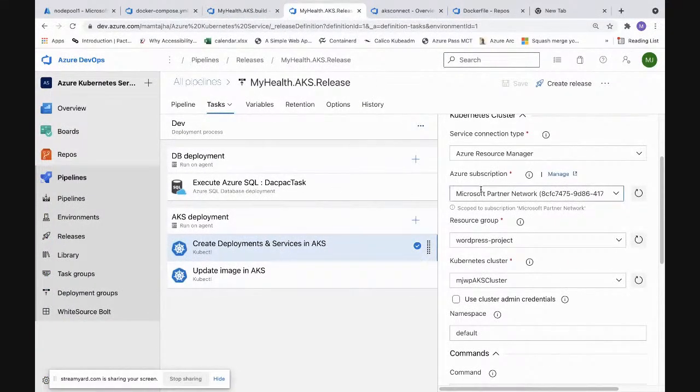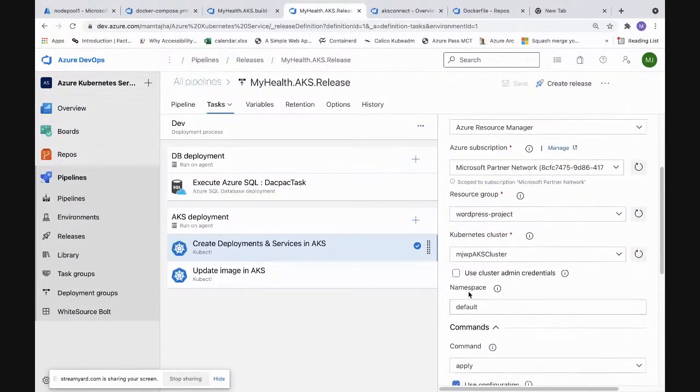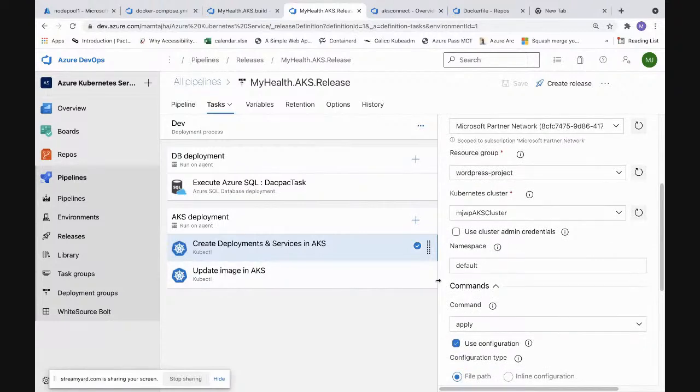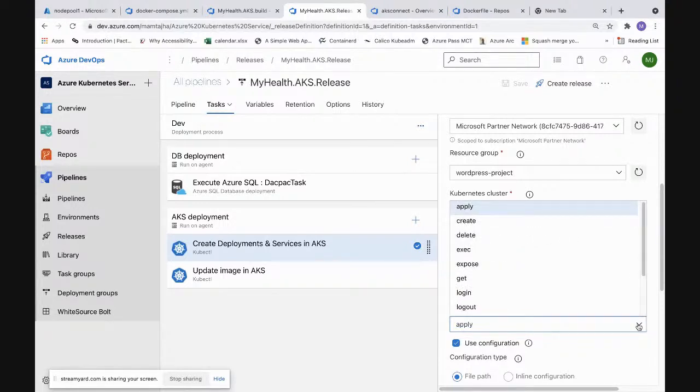So here you are saying in which subscription, under which resource group, where is your cluster, in that and which namespace you would deploy. Namespace helps us in segregating the resources and having a role-based access control implemented on it, plus limiting the amount of resources which can be used in a namespace. You can see here we are using apply command. So you can create your application with kubectl create, or you can create your application with kubectl apply.